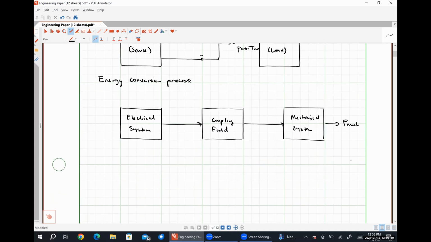So we can see that, put extremely simply, the electrical input energy will be equal to the energy stored in our coupling field plus